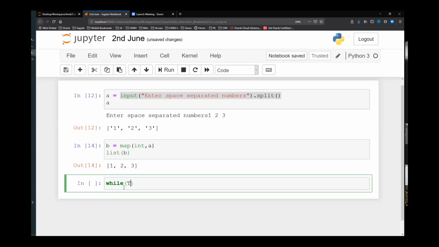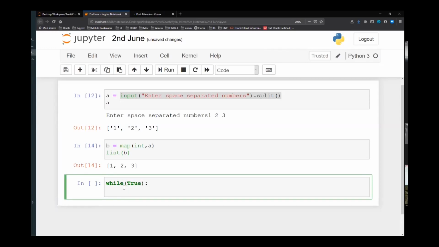So while true, I will say a equals to input, enter a number or Q to exit. I'm just giving a simple example, okay?